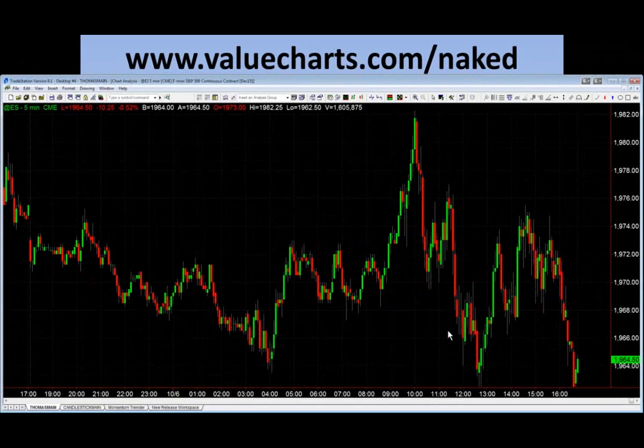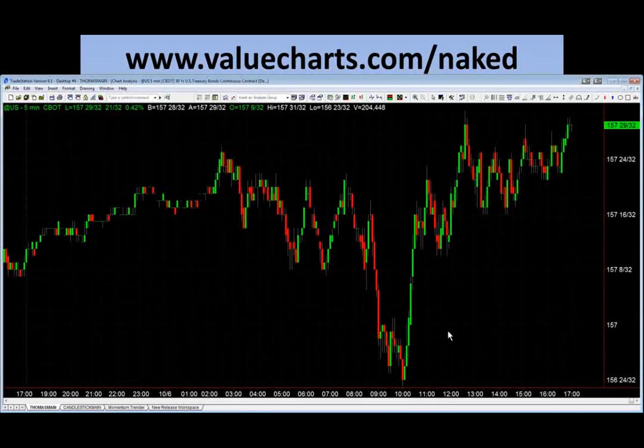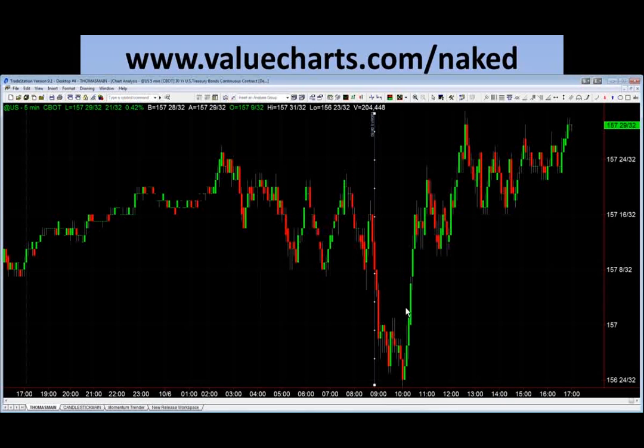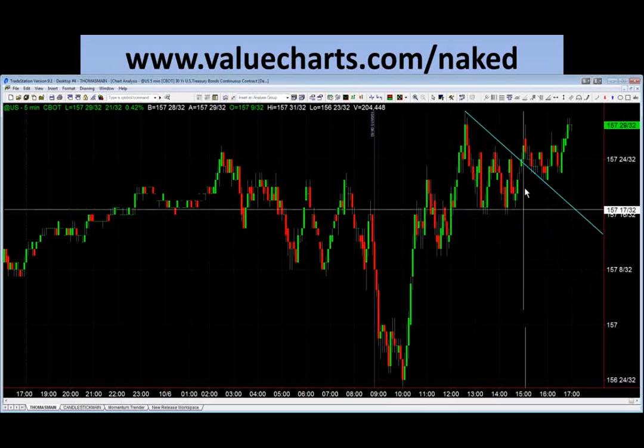What about bonds? Here's bonds. This is on a 5-minute chart. Trend was down this morning. If you were in the trading room, we said trend is down. As of this price bar right here, I was saying it looks like we're just putting in a lower high. And what happens? It continued to run lower. You put in another lower high, dropped all the way down, and then you broke to a higher high. What do we say? Looks like it's reversing. What happens? You put in higher highs, higher lows. Here's your first micro trend. Here's your breakout. It broke, retested, and then climbed again. Bonds really didn't go very far today, though.